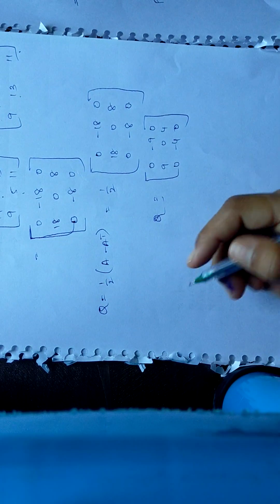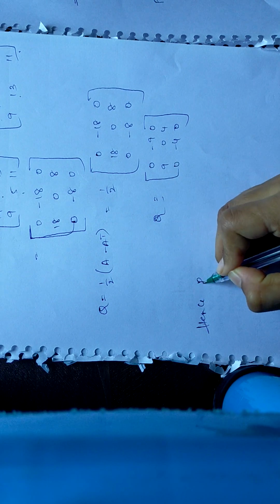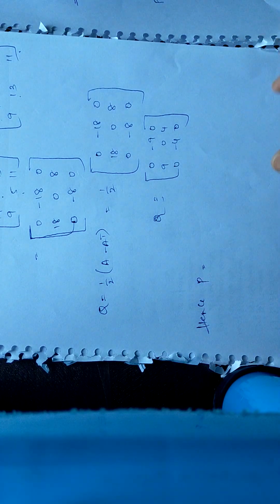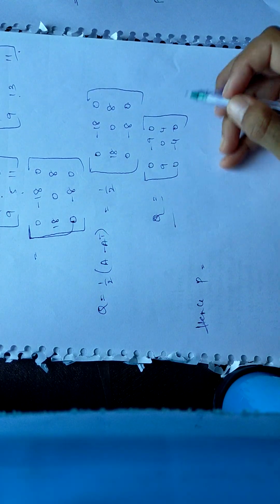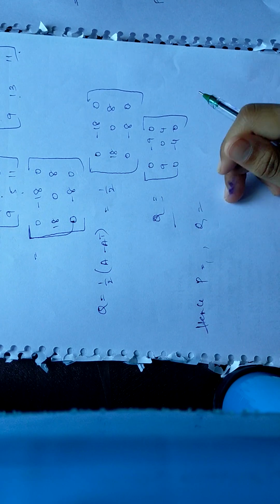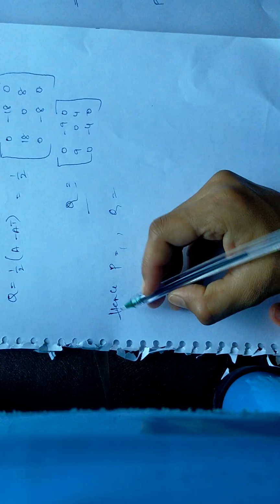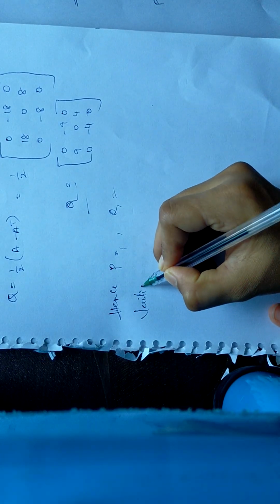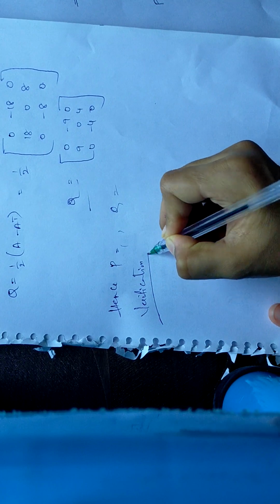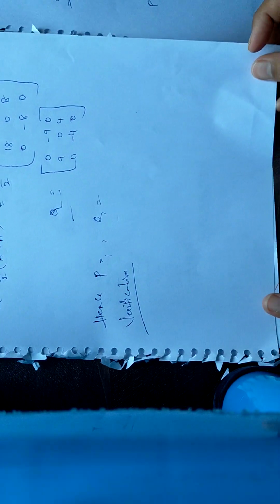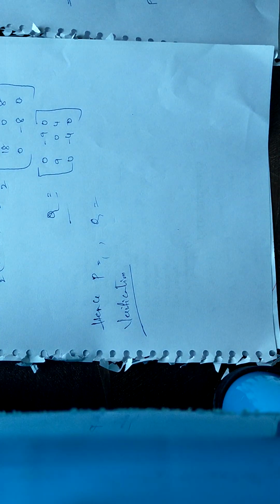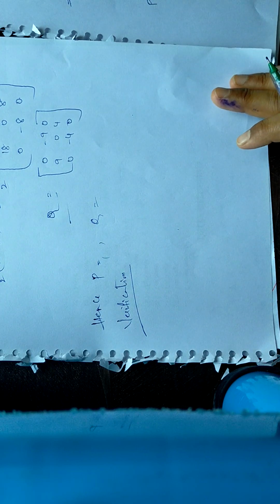Okay, you have to write, hence P is whatever the matrix we got, and whatever the Q matrix, you have to write P and Q. These are symmetric and skew symmetric. But in the exam we all will have doubt whether our solution is right or wrong. So in such cases I'll tell you quickly how you have to verify. Please don't write this in the exam. When they ask you to find the symmetric and skew symmetric, this is just to know whether your solution is